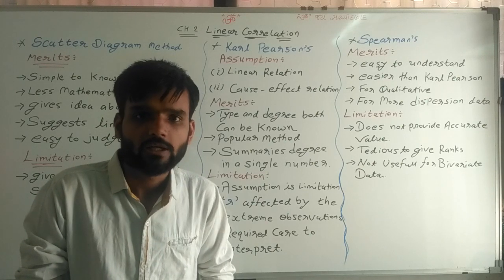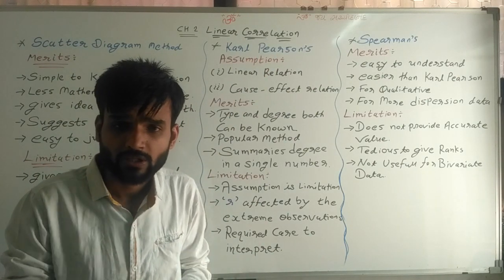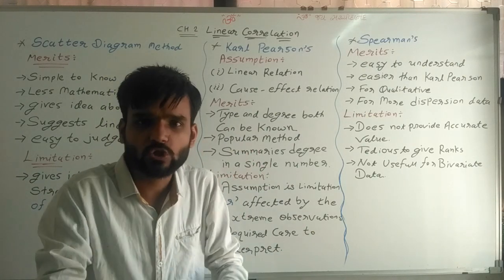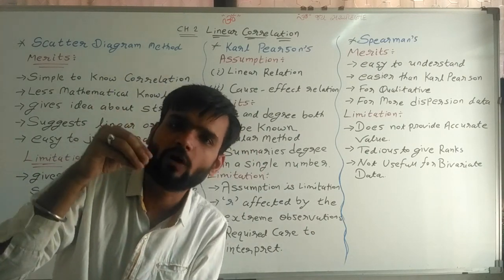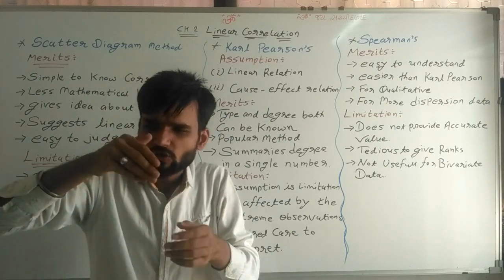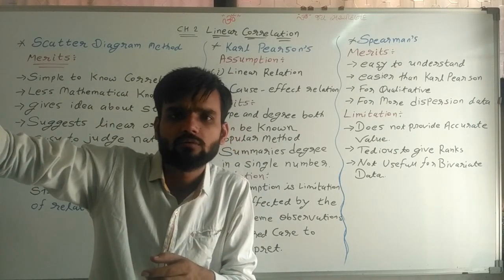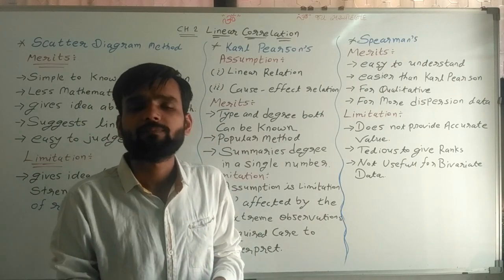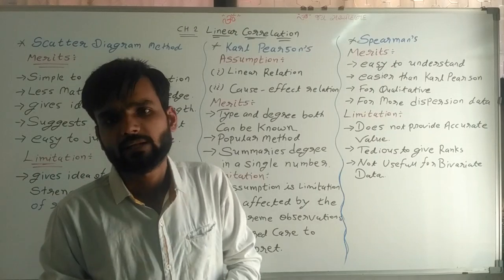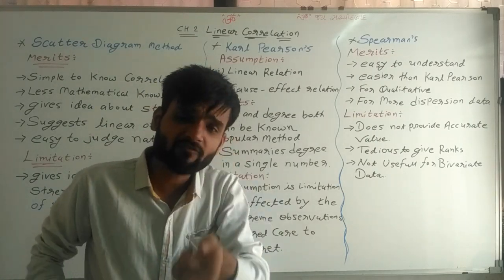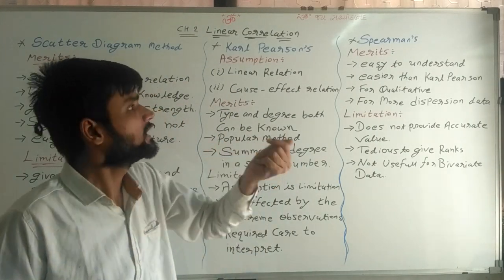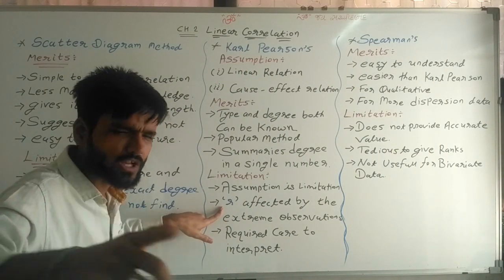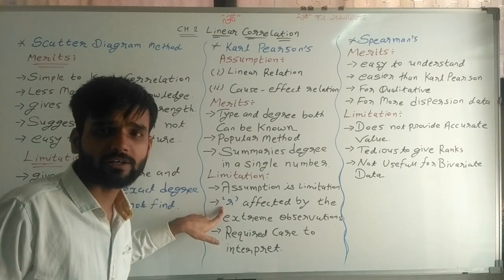variables by the Karl Pearson method. Suppose in this question I add one variable which is far wrong, say 40 in x and 70 in y. I add it and then find the relation between the two variables by the Karl Pearson method. Then there is a huge difference in the value of r.